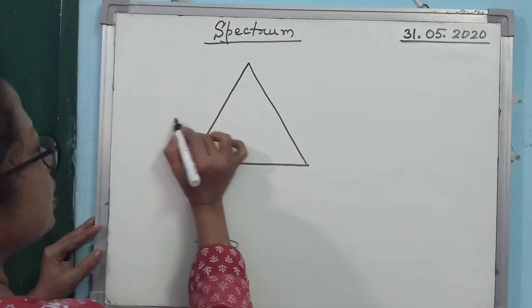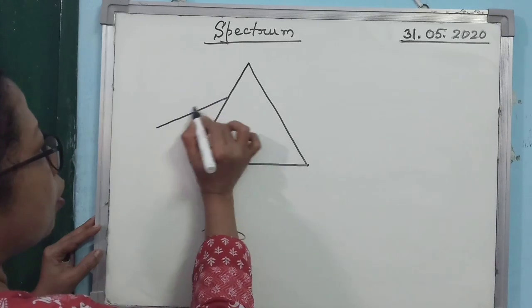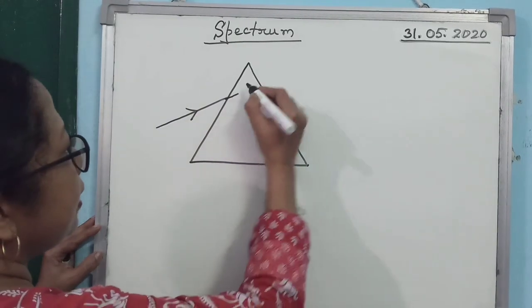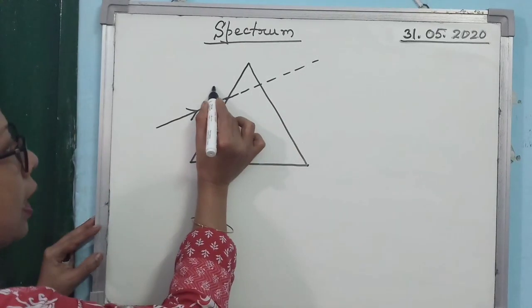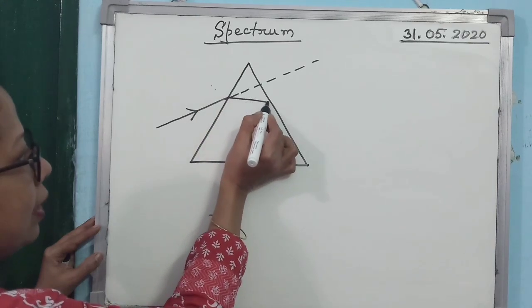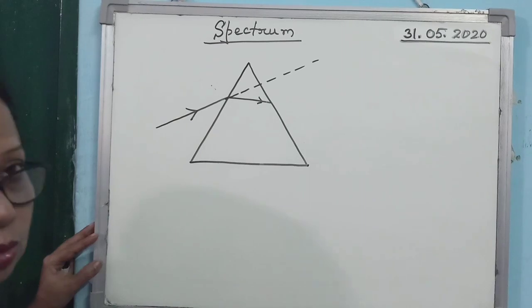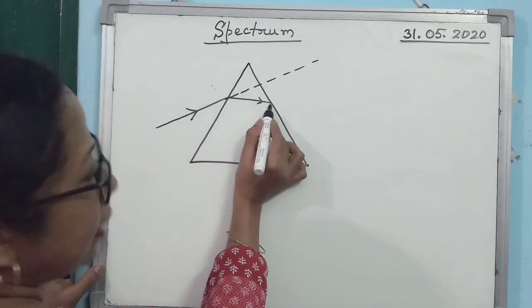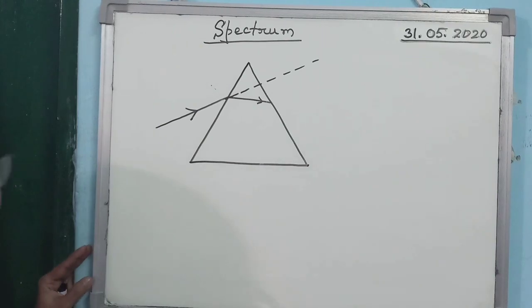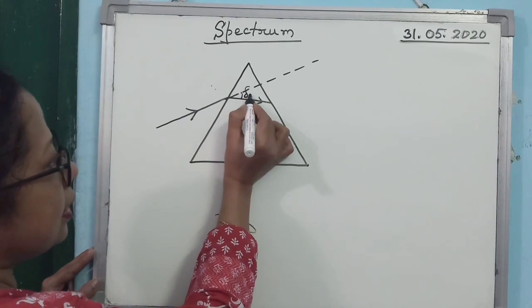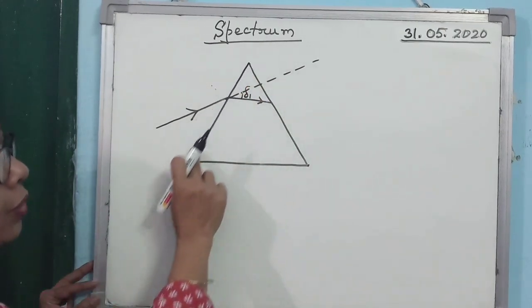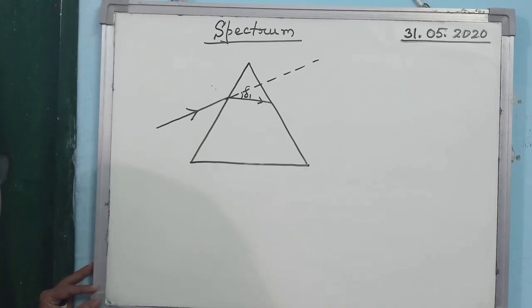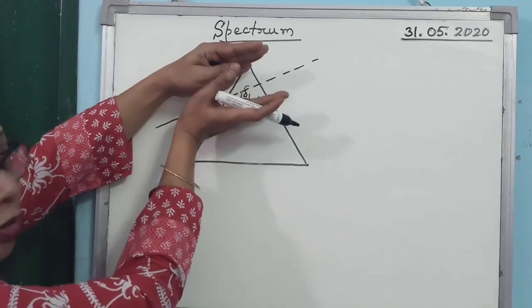Alright. So here you see, when the light ray is falling on the surface of the prism, then this is the original path. But if you draw the perpendicular, then it will bend towards the normal. So it will bend and it will fall on the second surface. So you see, this is the deviation of light suffered due to refraction on the first surface of the prism. Alright. So I am denoting this angle by delta 1. This is the original path and this is the refracted path.